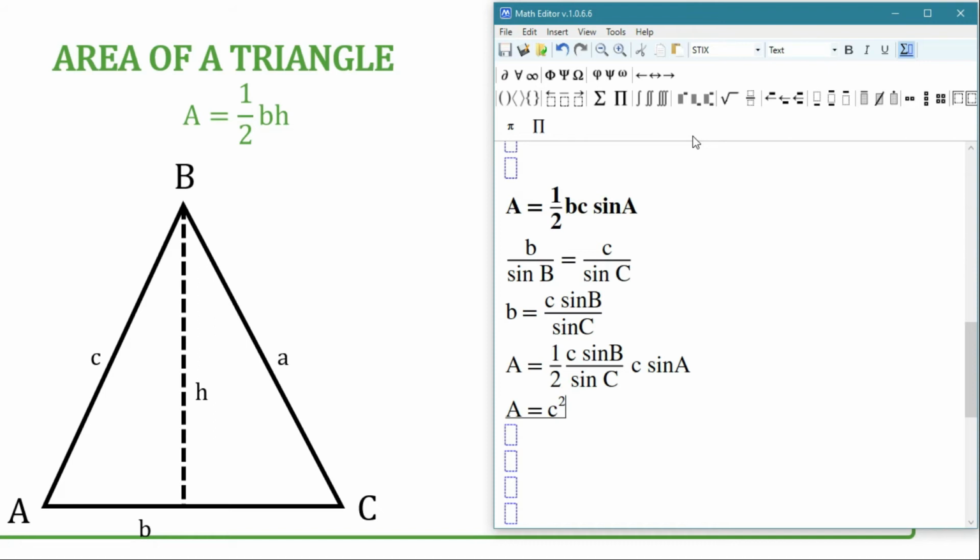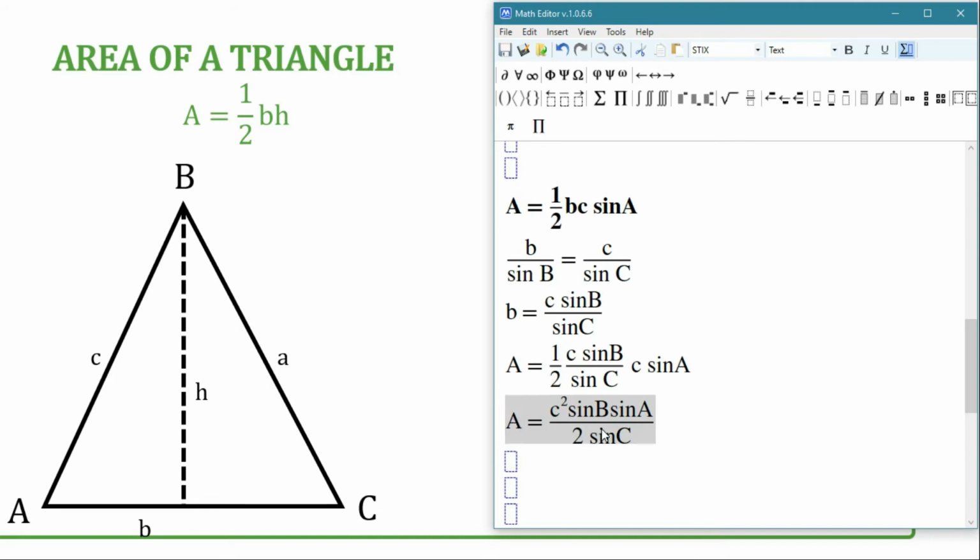So, C square, and then we have sine of B multiplied by the sine of A, over 2 times sine of C. That's going to be the 2 sine of C. Alright? So, this is another way of getting the area of a triangle